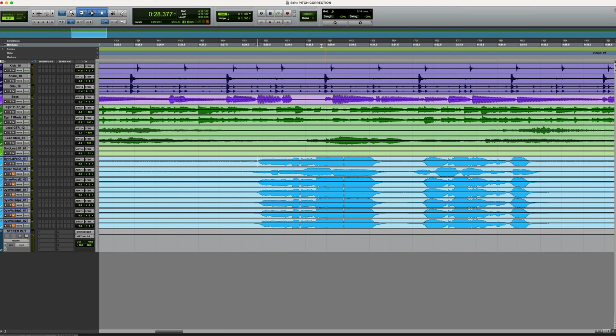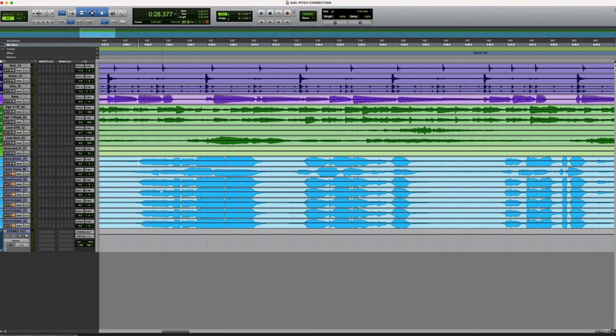All right, so what we can do now, since let's say this is a session that we got to mix. We got these audio tracks and we put them into Pro Tools, but now we want to do some vocal comping of our own. I want to set that up just like I did with the ones that we recorded a second ago. So I will go over here and make a new playlist, and we'll just call this